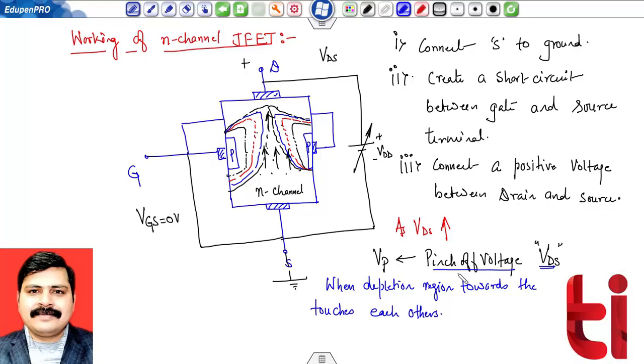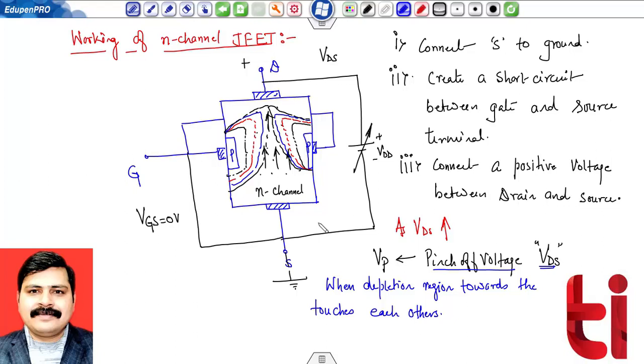Okay, so this phenomenon is known as the pinch off, and in general the analogy says that the drain current will be pinched off. That means the value of drain current is zero. Okay, so this is the analogy. The practical situation is there is a creation of a channel, and through that channel a limited amount of charge carriers can be moved, and effectively it is termed as the drain current is saturated.